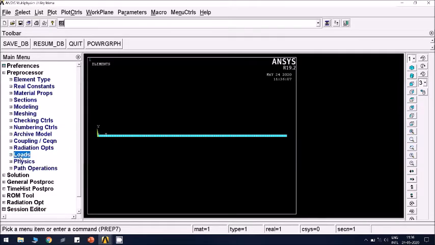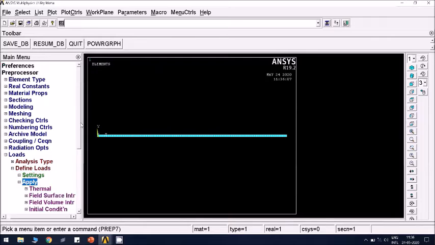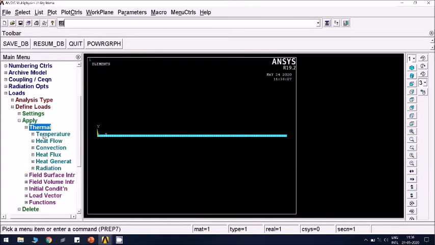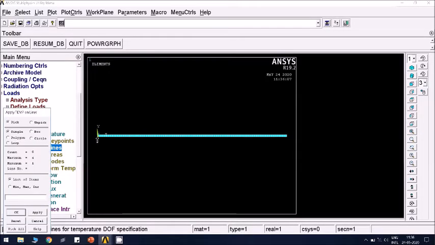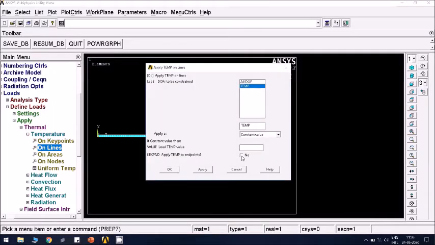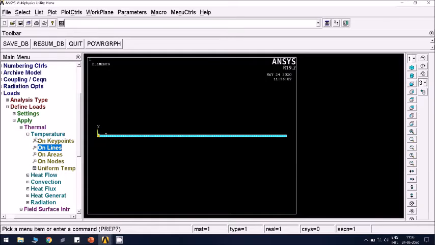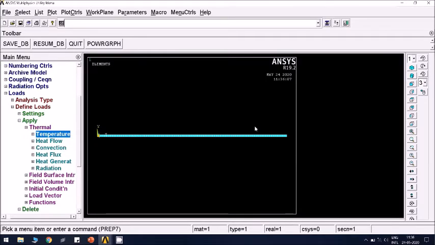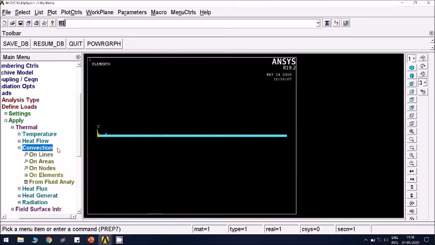And go for loads, define loads, apply thermal temperature on lines. On this edge you select the temperature of 235 because it is a surface attached to the other hot surface. Temperature is applied here, and all other three edges you need to apply the convection because they are all exposed to the surrounding fluid medium.